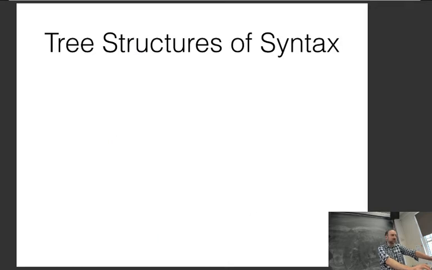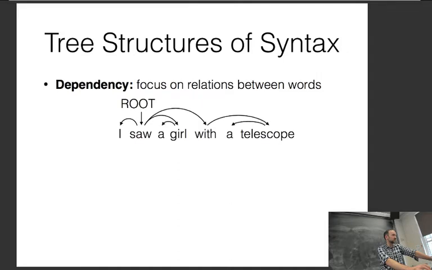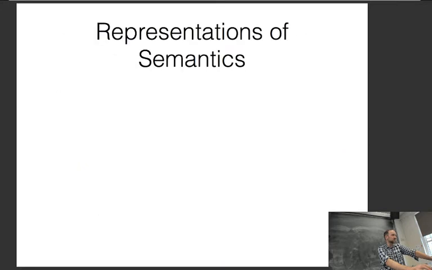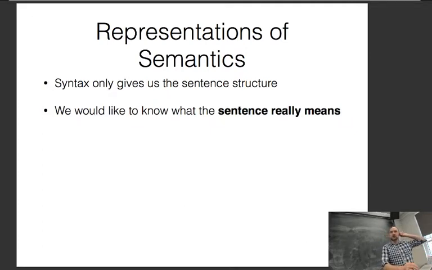So what we talked about the past two times was tree structures of syntax, like dependencies or phrase structure. And these basically show us the structure of the sentence, but sometimes we'll also want to handle semantics. In semantics, basically, we would like to know what the sentence really means. But what does meaning mean? The meaning of meaning is a very difficult thing to define. And the people who did take a look at the reading material probably realize that it's very complicated